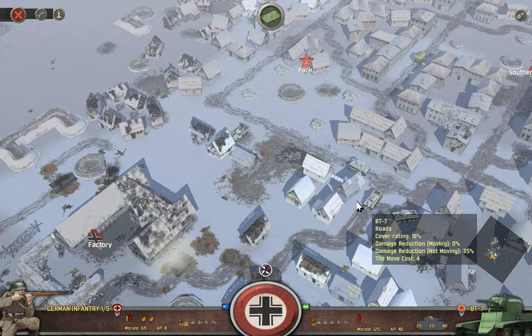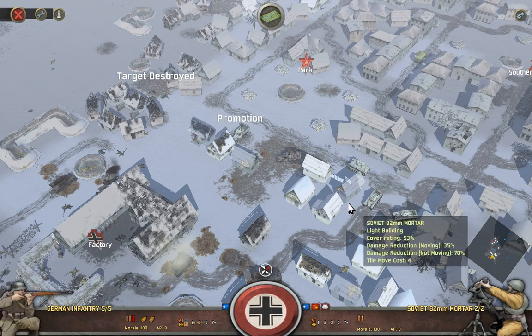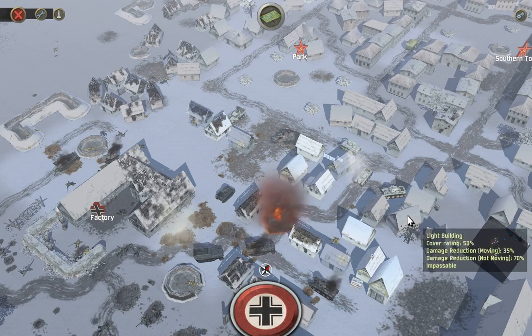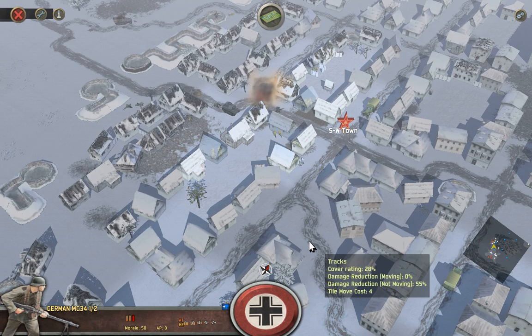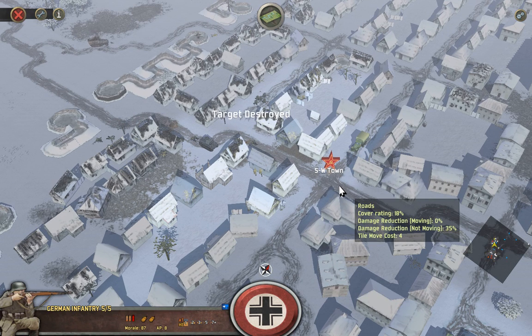Sanitäter! Oh, good. As these guys move up, our light machine gun gets rid of them. Oh, man. Oh, no, our anti-aircraft gun gets rid of them. Good, another tank down the drain for them. Now he's letting his infantry move away, which is probably smart. But like I said, it's...